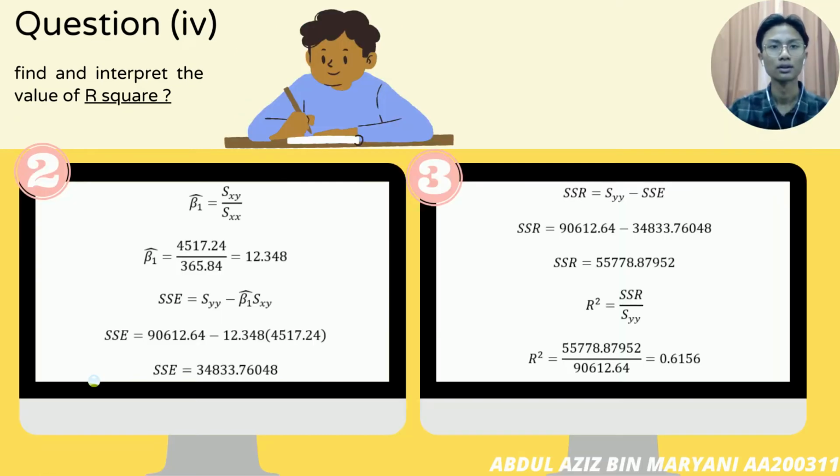4,570.24. Next, from the value of Sxy and Sxx, we can get the value of beta 1 hat with the formula of Sxy divided by Sxx, and the answer is 12.348. After that, we need to find SSE with the formula of Syy minus beta 1 hat times Sxy. The answer is